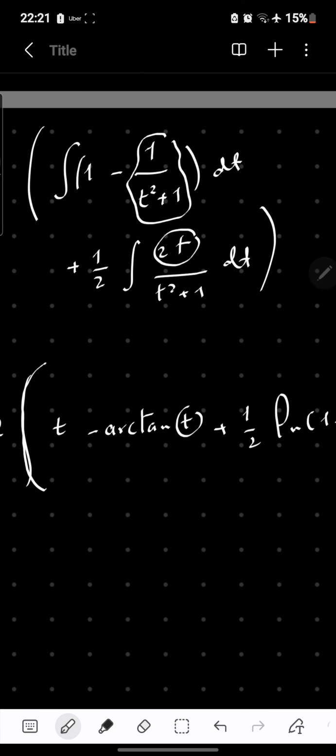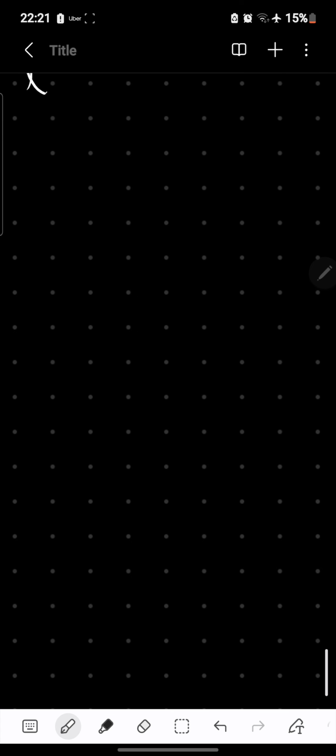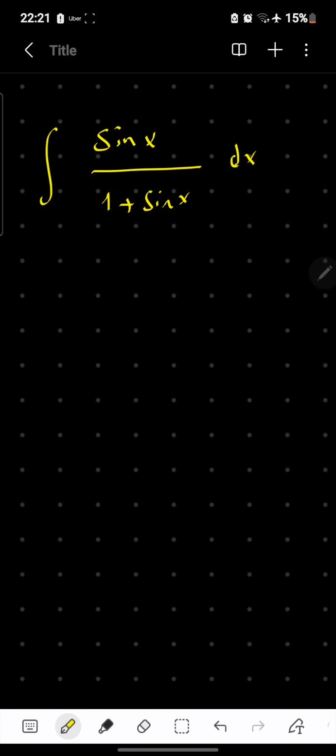let's see another example. Let's take this one just to cover most of our ideas. Let's take this one from I think last year or the year before. Integration of sine x over 1 plus sine x. Here we don't have also a direct primitive, but we have a direct substitution. It will be given to you, which is tan x over 2 is equal to,